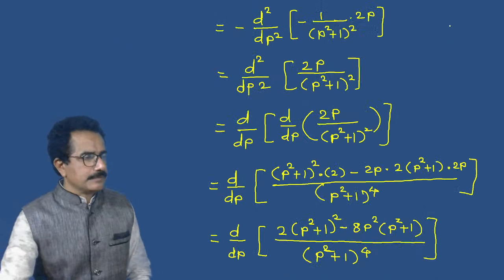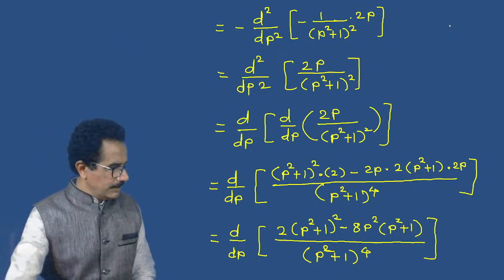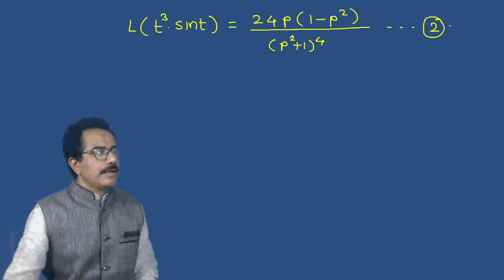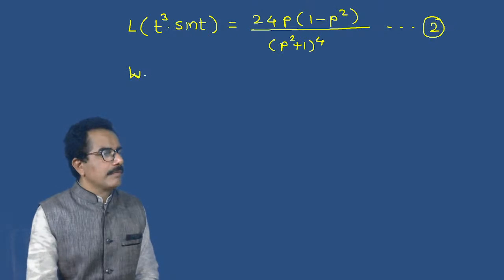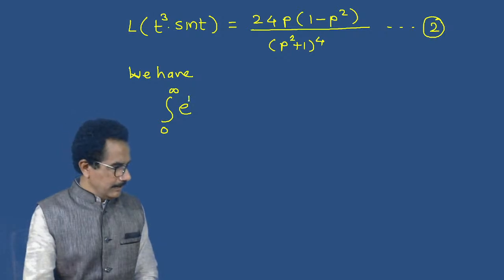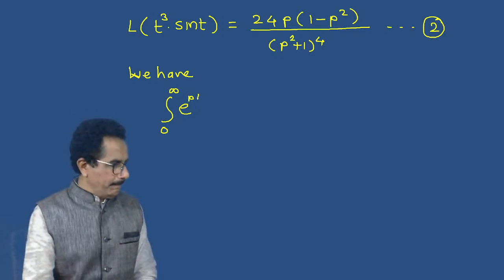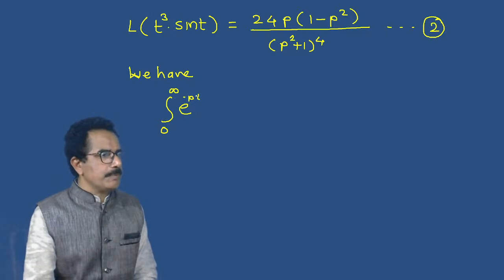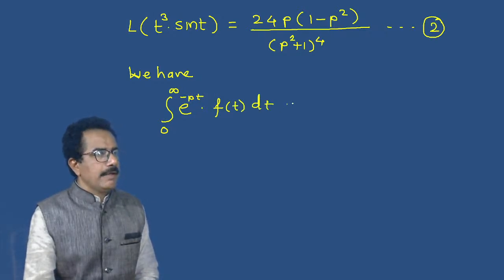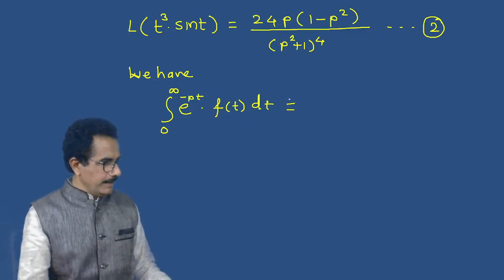Now see this. Now we have integral from 0 to infinity e raised to minus pt into f of t dt, which will be the 24p